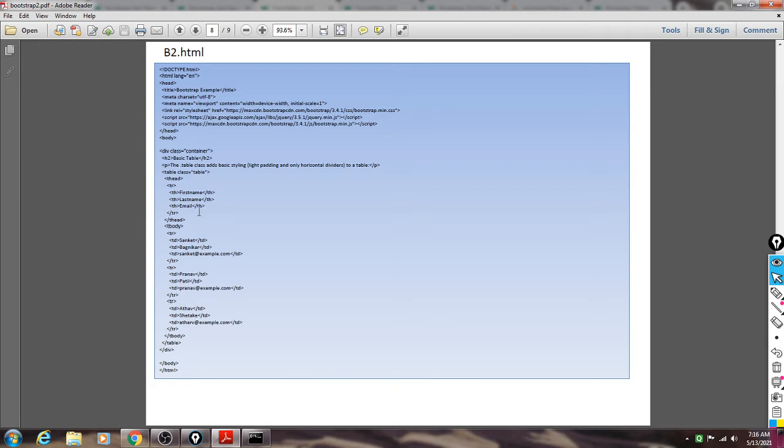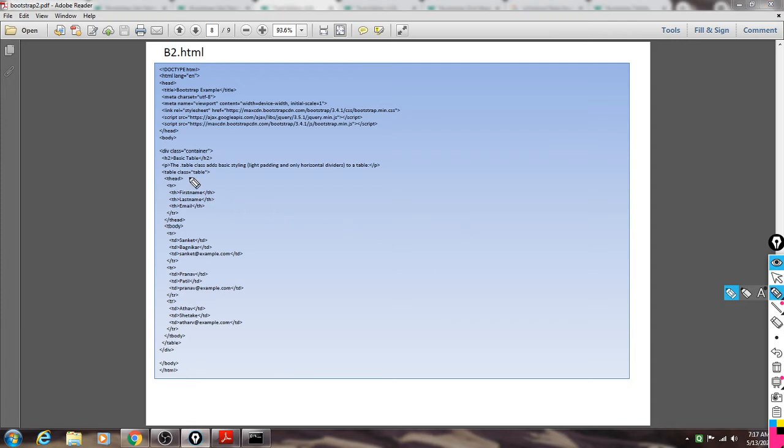So this is the b2.html file. What are the contents here? Here we included these 3 links in the head tag. So this is the head tag, we included this. Here we used the container class, as well as the table class.